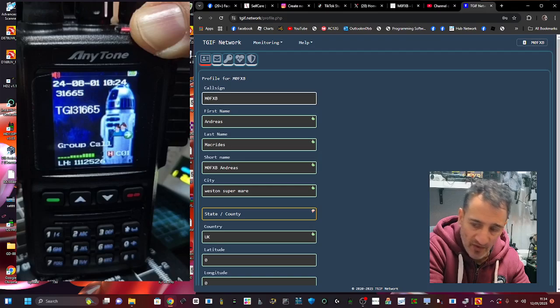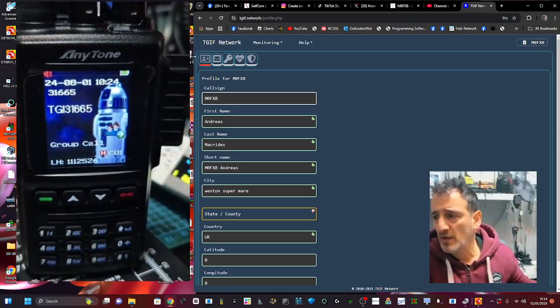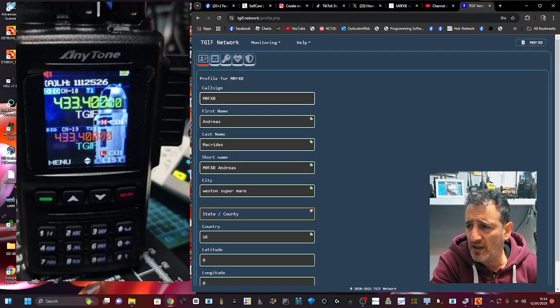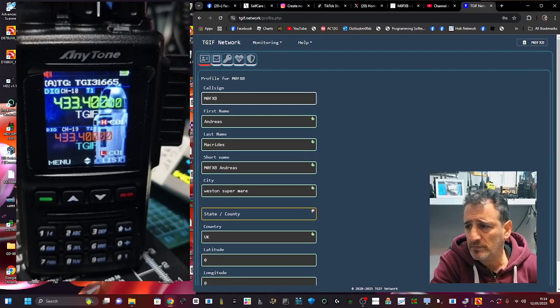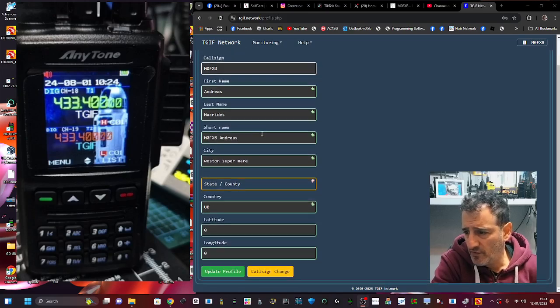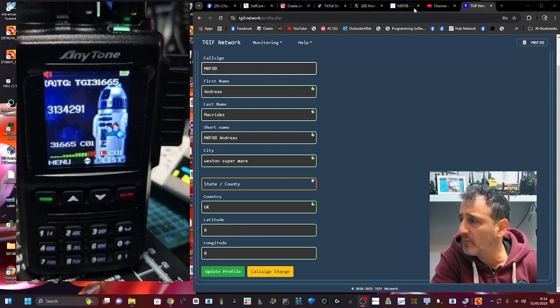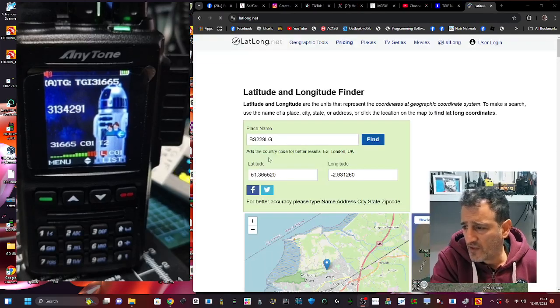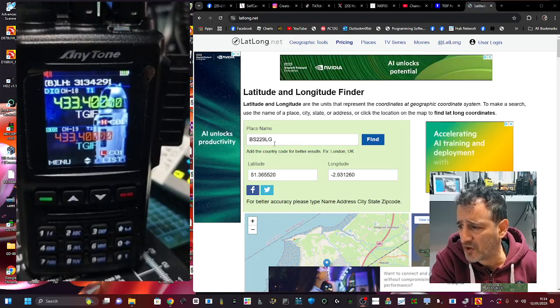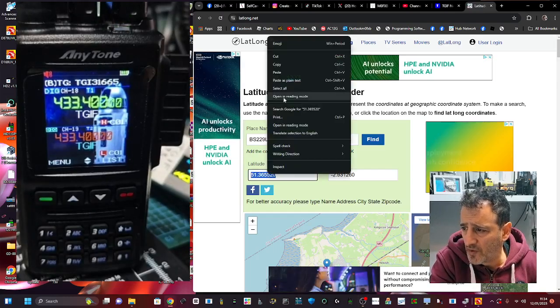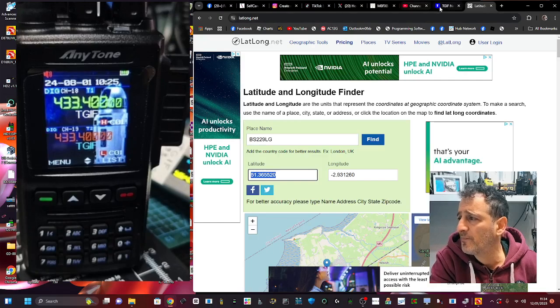Mike 0 Fox X-Ray Bravo. So we're going to get our location in here. Just here, look, UK. We need to get our longitude and latitude in. We know how to do that. We just Google it. There's our location with a site called LatLongNet. So we're going to do latitude, copy,